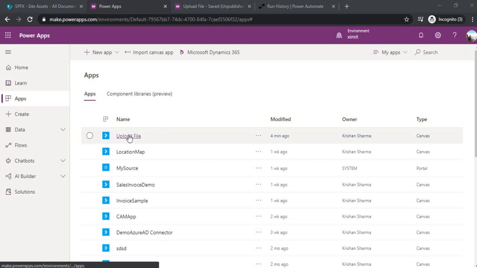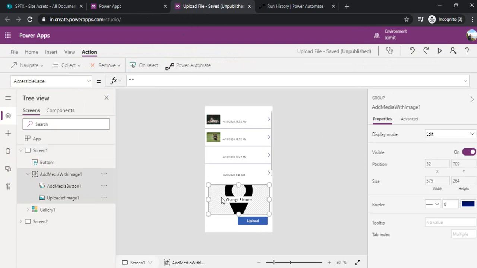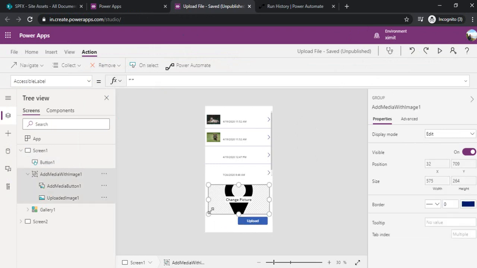I created one Power App, so I can just show you that Power App. It was a simple Power App which had this image media field and one upload button. Whenever a person clicks on that upload button, that image file should get uploaded to SharePoint.